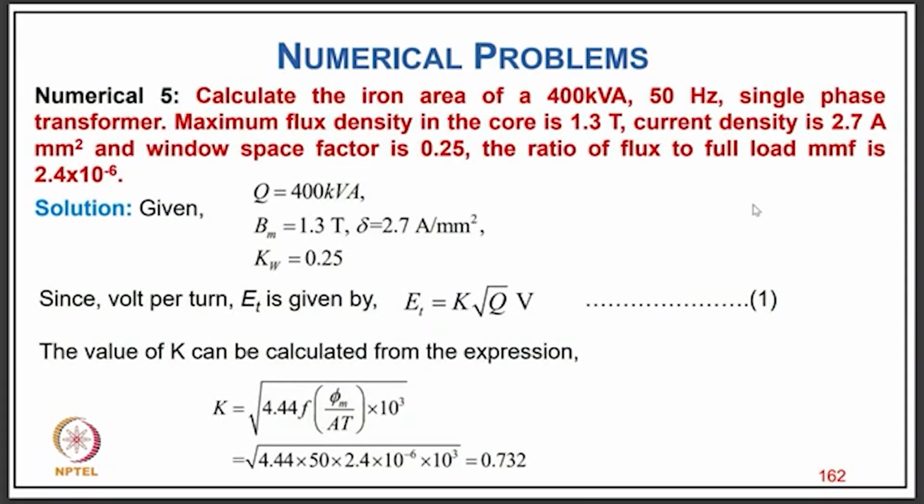Now numerical problem 5. Calculate the iron area of a 400 kVA 50 Hz single phase transformer, maximum flux density in the core is 1.3 Tesla, current density 2.7 ampere per millimeter square, window space factor 0.25, and ratio of flux to full load MMF is 2.4 into 10 power minus 3. Q is given 400 kVA, Bm is 1.3 Tesla, sigma current density 2.7 ampere per millimeter square, and Kw 0.25. So Et equals K under root Q, in kVA. The value of K can be calculated from all the given values, 4.44 f phi m upon 80 into 10 power 3. So it comes